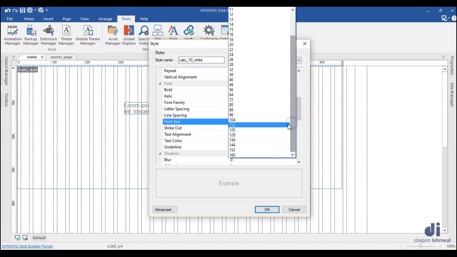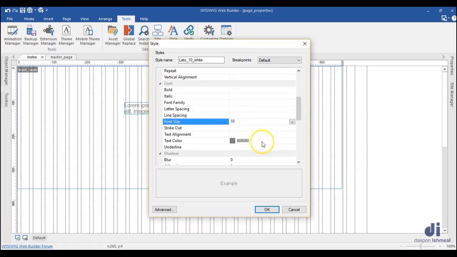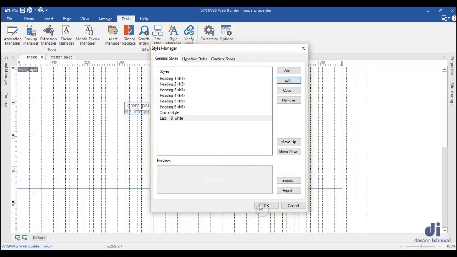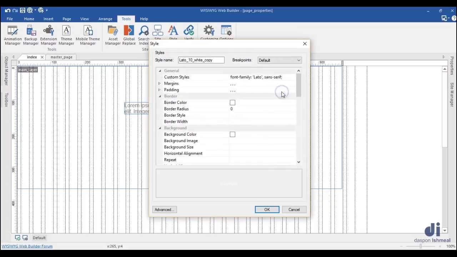Under font size, I'll hit on the drop down arrow and select font size 10. Under text color, I'll click on the drop down arrow and select white. I'll go ahead and click on OK. Now let me go ahead and copy this, rename and change the details of it as well. I'll hit on it and click copy. Let me change this to